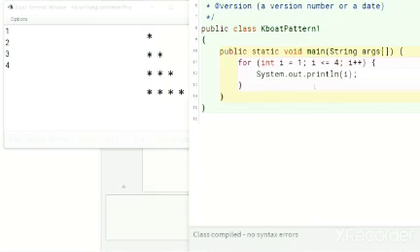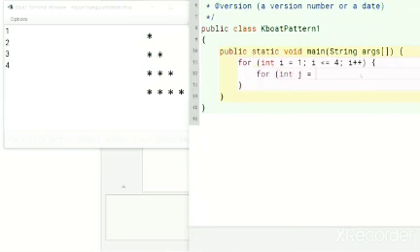So if I write my inner loop like this, first let me remove this println. j should start from 1. The condition of this inner loop should be j less than or equal to i, and then j++. This way, the inner loop will iterate row number times for each iteration of outer loop.